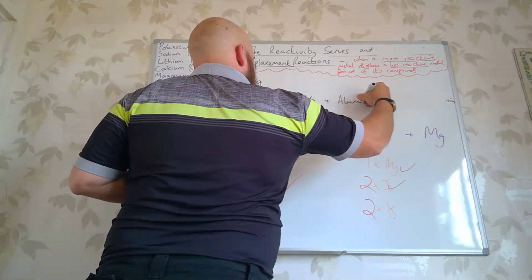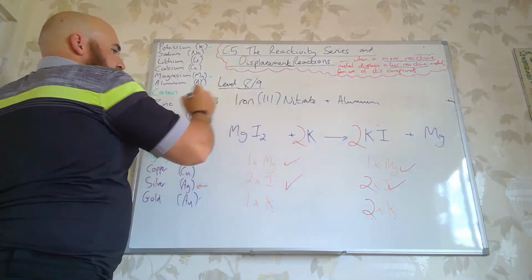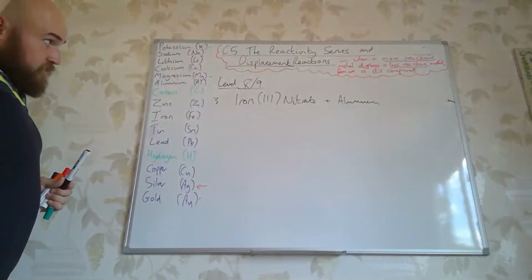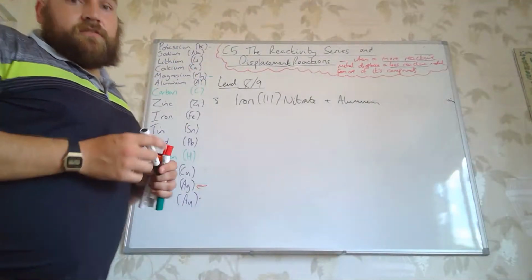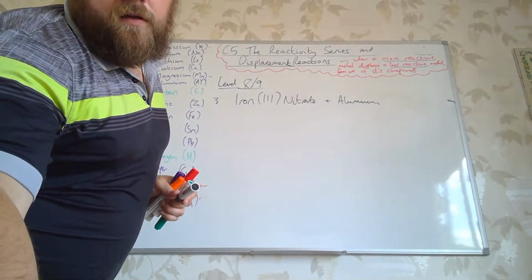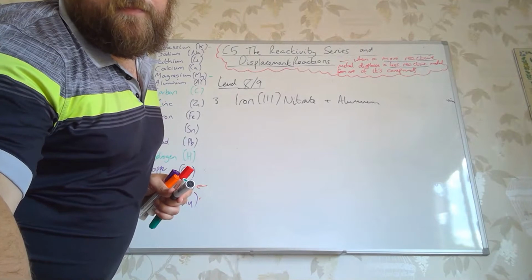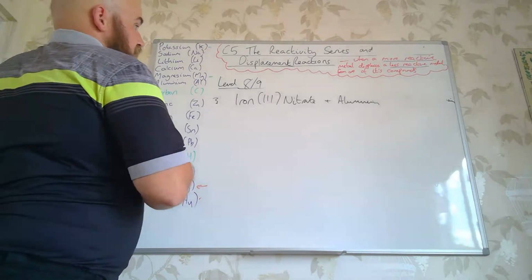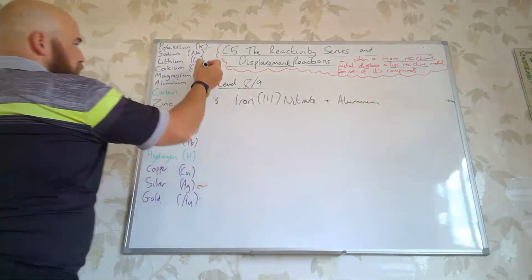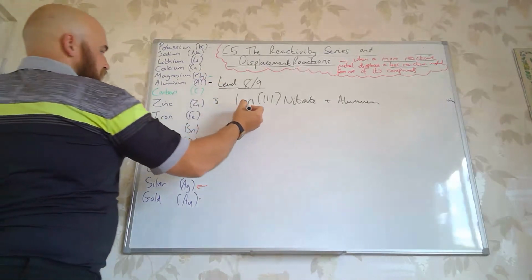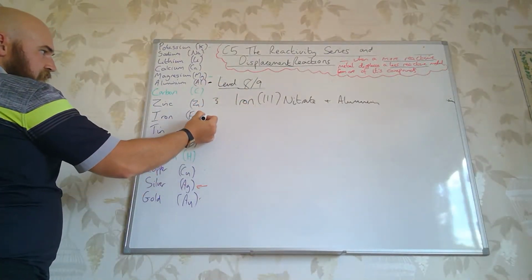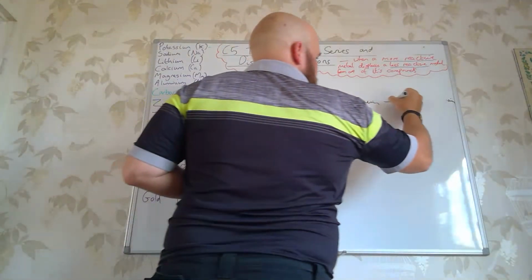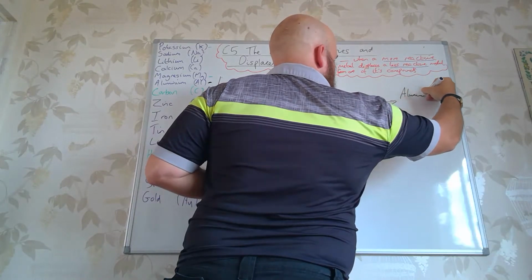So this is question 3 in your level 8 to 9 work. Am I going to get a reaction, yes or no? Well, hopefully you can all see by now that you will get a reaction. Because aluminium is up here on the reactivity series and iron is there. They're fairly close, but the aluminium is more reactive. So the aluminium is going to take the nitrate away to make aluminium nitrate